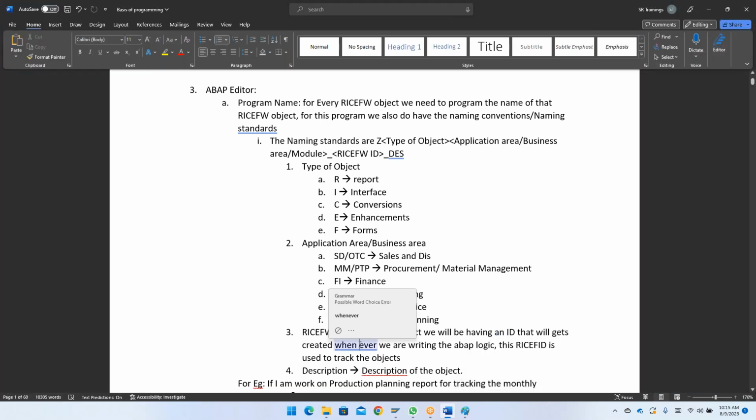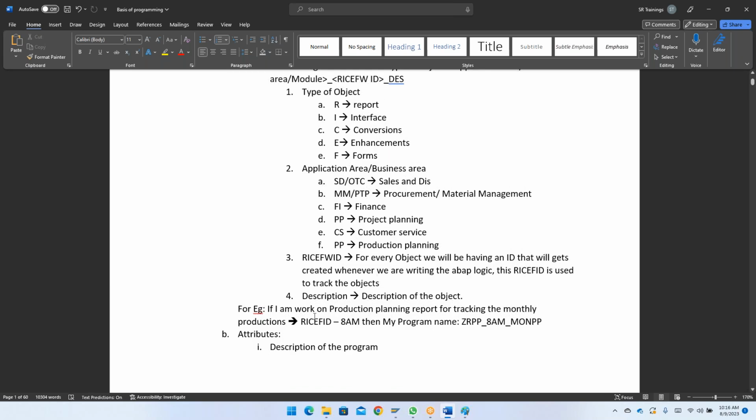Whatever ABAP logic we are writing, the RICEF ID is used to track those objects. So we will use that RICEF ID to track the objects, and the description is nothing but the description of your program. Now, for example, I'm working on,